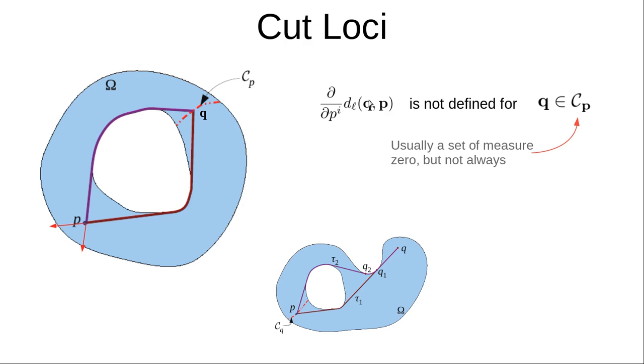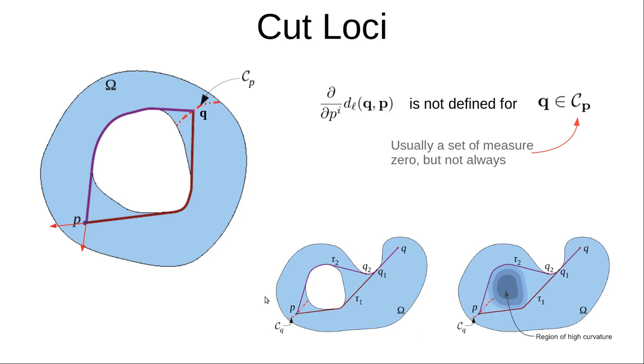In general, the cut locus is a set of measure zero, but there can be pathological cases where the cut locus is a set that is not of measure zero, right? So finite sets of finite measure. So here's a pathological example, and the other thing is this need not be purely determined by the topology. Cut loci can arise due to